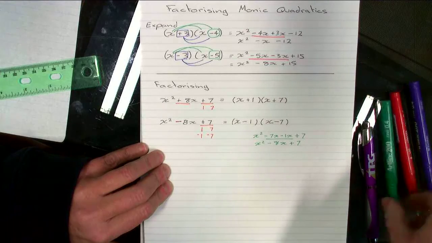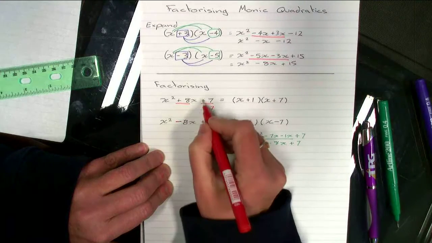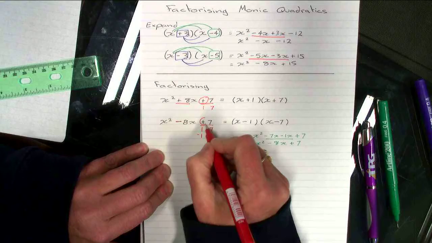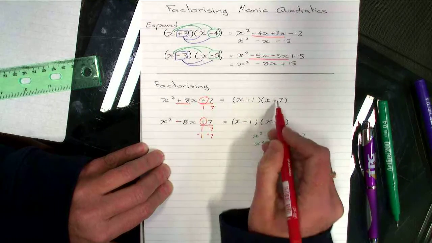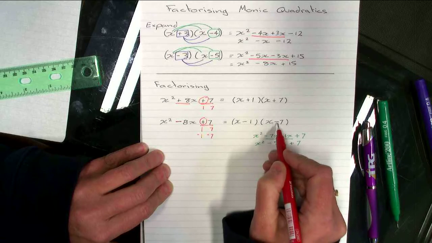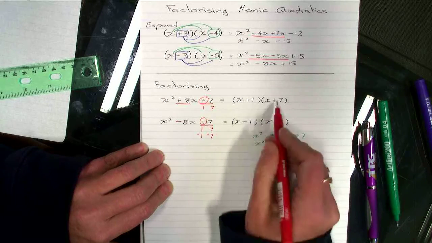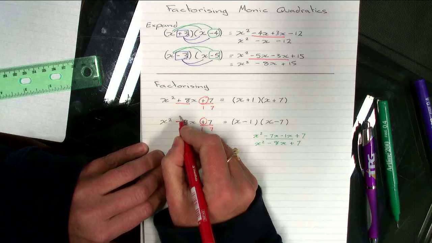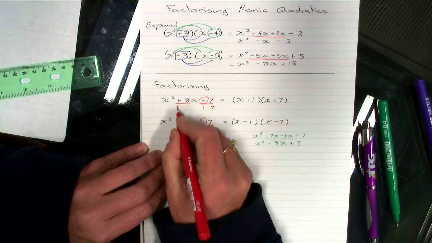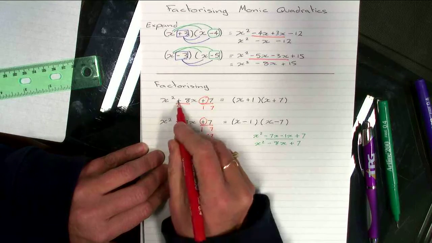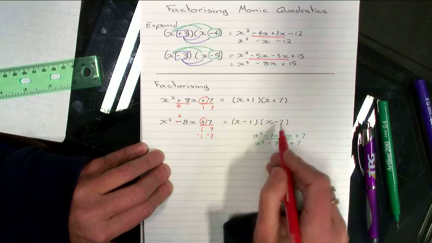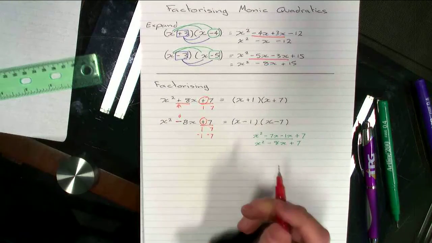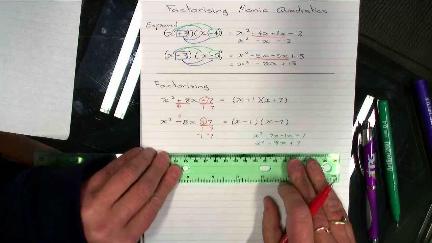So you'll see in both of these equations where we have a plus here, both of our terms are the same, a plus and a plus, or a minus and a minus. Whether it's a plus or a minus is determined by this sign here. If this sign is a plus, both of our signs are pluses. If this sign is a minus, both of our signs are a minus. So that's what happens when we have a